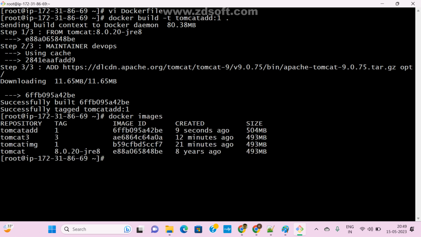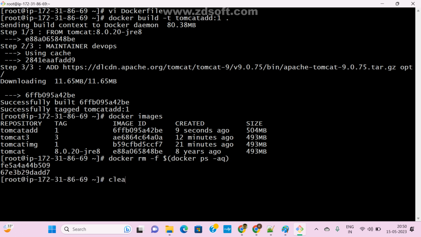Now docker images. Now how to create the container? First remove all forcefully, docker rm, docker ps -aq. I am deleting the containers and all.